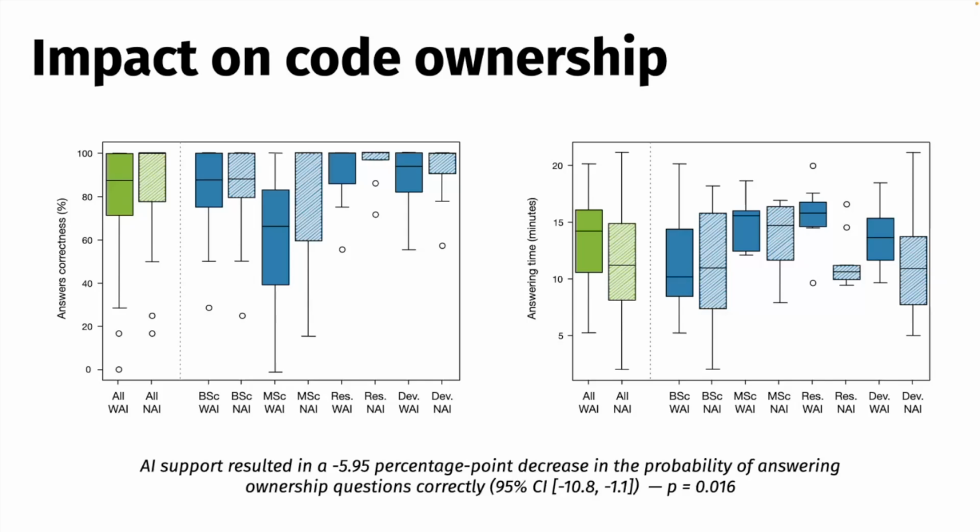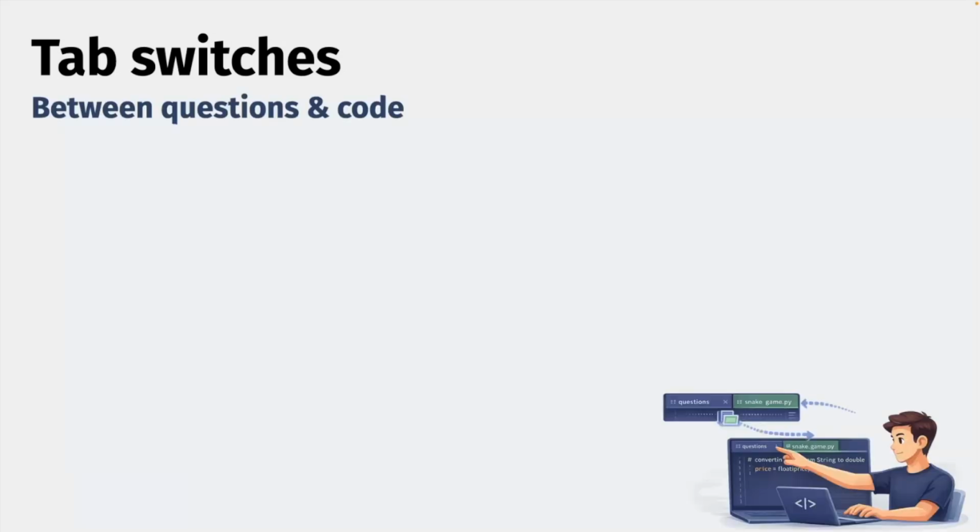What we also did was, since assessing code ownership is kind of difficult, we also tried to look at other signals in the data. And one interesting point was this. We used TACO to monitor what the participants were doing in the IDE during the experiment. Something that we looked at was, while they were answering the questions, during those 20 minutes, how many times they went back and forth between the file containing the questions and the source code.